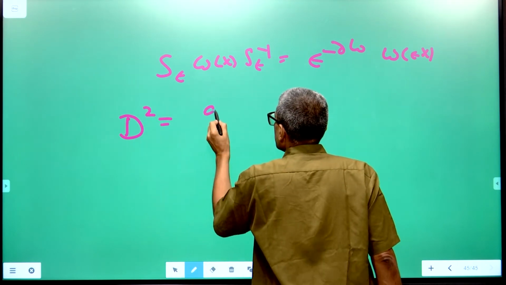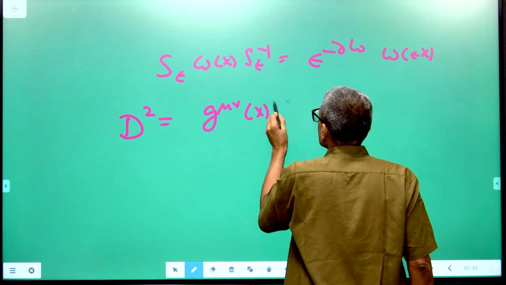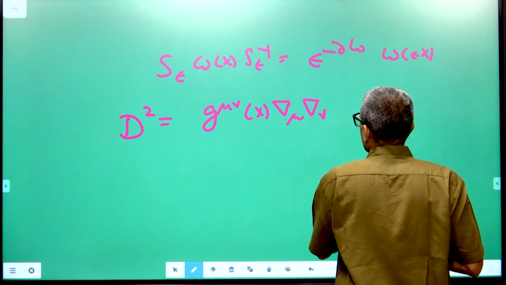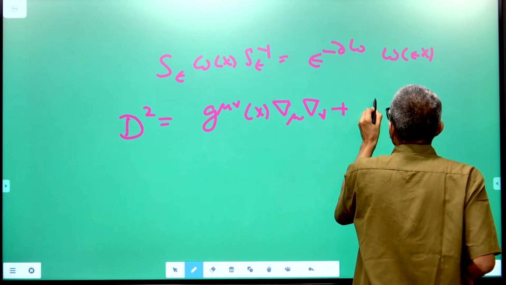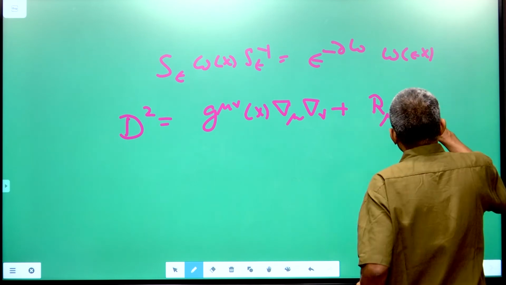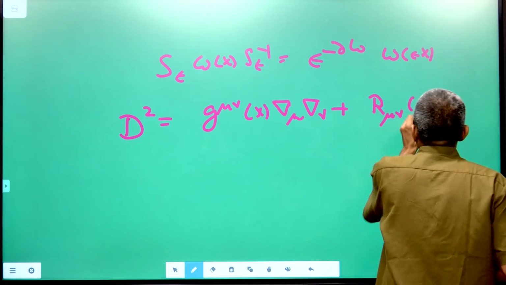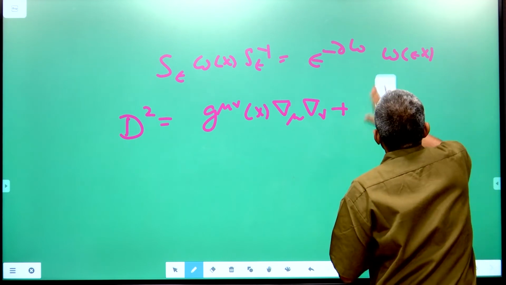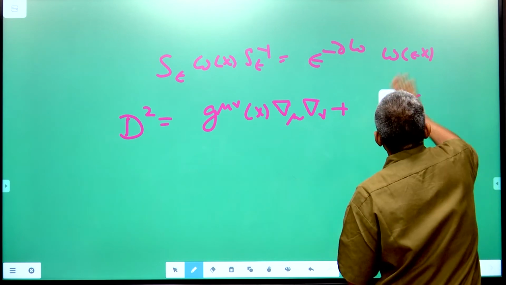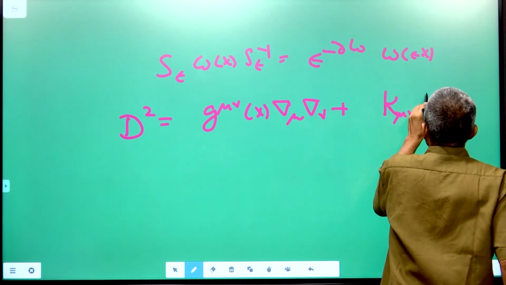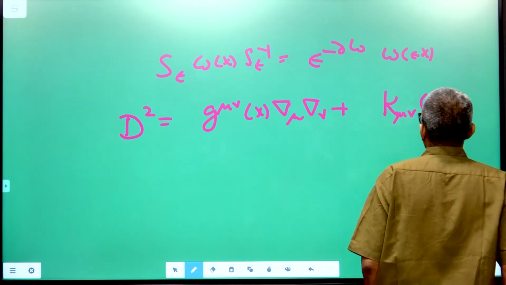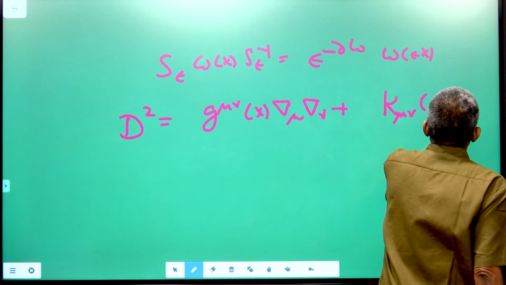D square is nothing but g mu nu of x del nu as the first term, and then you have another term. Apart from that, you have R mu nu of x. So, let us call it the sum of all that, right. So, it is R mu nu x, or let us call it F mu nu. Okay. So, it is F mu nu, let us call it k mu nu, I think k is a better letter, k mu nu of x into gamma mu nu into gamma mu nu,